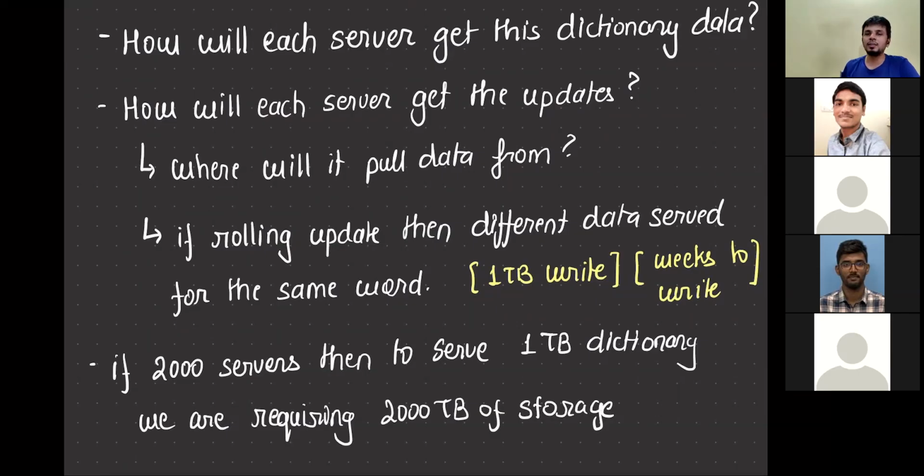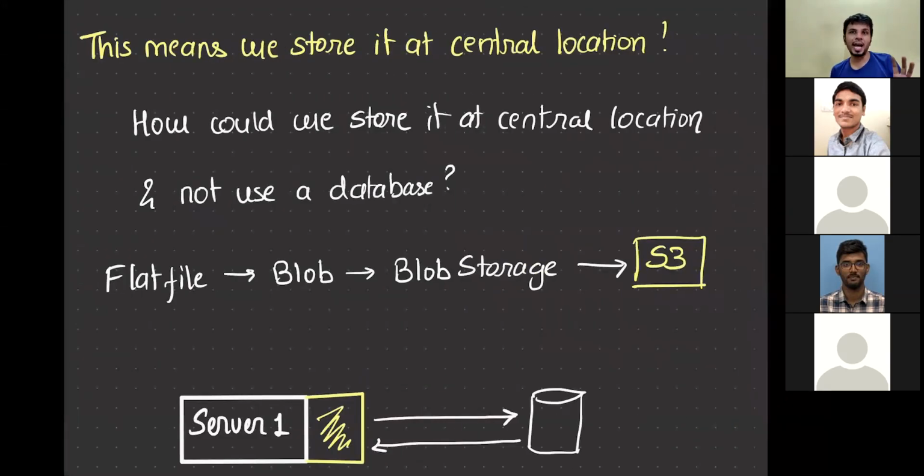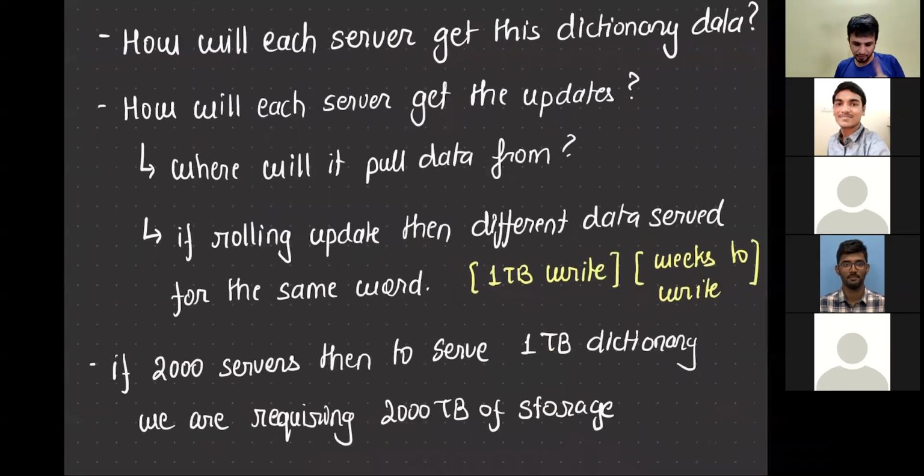This is astounding. This is something that is leaking money, and you can actually feel it. Yeah, this is a 100% waste of resources. All of this is a very hypothetical situation, but you can understand how grave the situation could get. So since we definitely know that we are leaking storage space, because just to serve 1 terabyte of dictionary, we are using 2000 terabytes of storage,